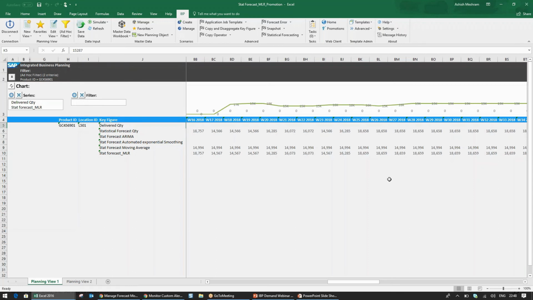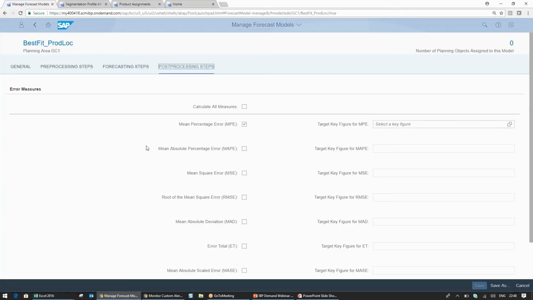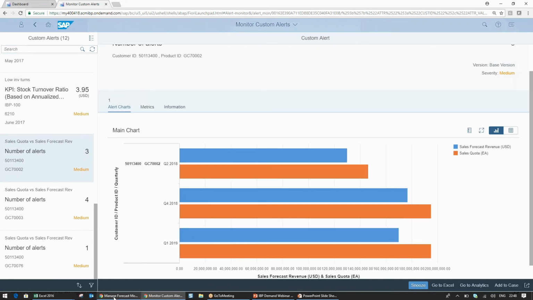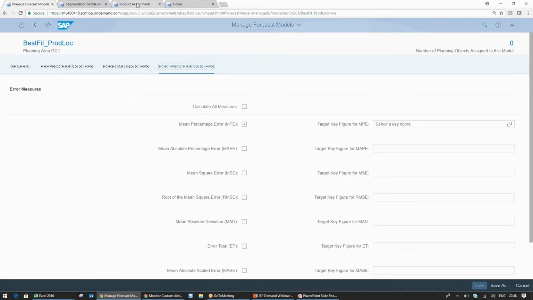The next action they can take is to introduce a new product in order to bridge the revenue gap for the next quarter. Since we are introducing a new product, we can take a reference of an already existing similar product which has a good history. We can define the phase in and phase out period, basically at what time the forecasting for a new product will start and when it is going to end.